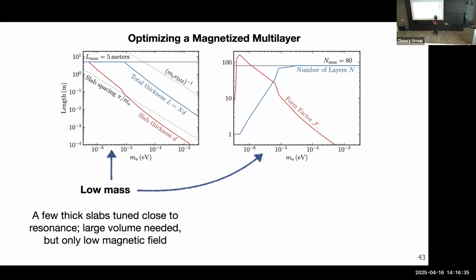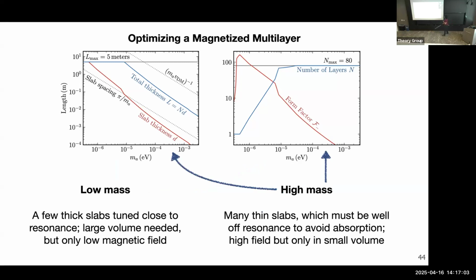And so the slabs are very, very thick. There are also not that many of them, because I've made sure that this experiment can't be too big, or else that would be unrealistic. And so you need a magnetic field that is very, very large. But the field it has to make is actually very weak, something like 0.01 Tesla. And in addition, the form factor, the enhancement for each one, is quite large because there's a lot of resonant enhancement from each slab.